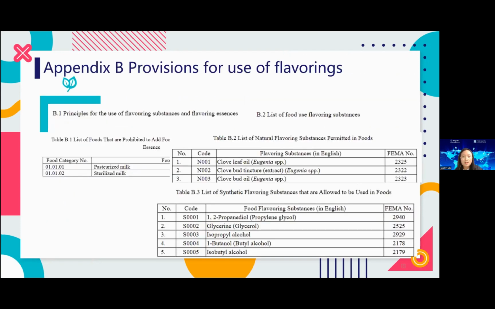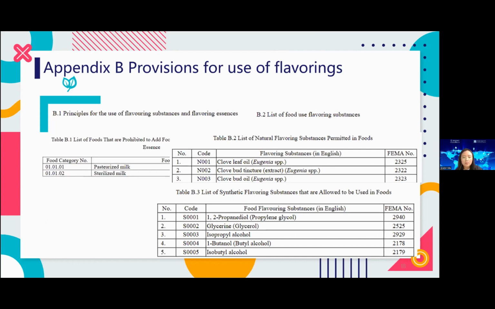Here we go to the Appendix B. This appendix is much easier to understand. It covers the rules for the use of the food flavoring substance. In Appendix B, there are also three tables: the purpose of the flavoring substance and the flavoring in food is